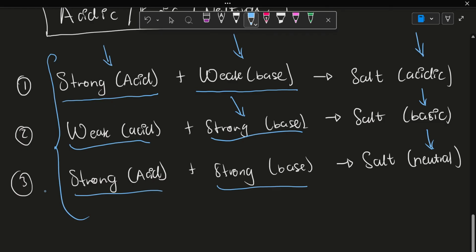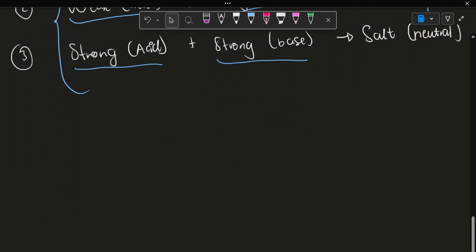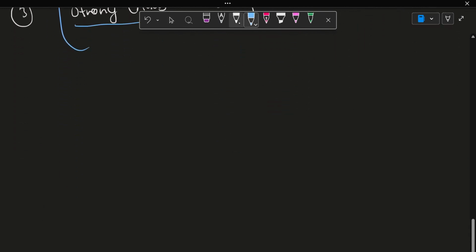We have also looked at the hydrolysis of salts and this particular form in which a strong acid with a weak base is a salt that's acidic, and so on and so on. And we've defined exactly what a salt is, and we've defined what hydrolysis actually is, right? So another thing that I'd just like to throw at you is this. We need to remember that